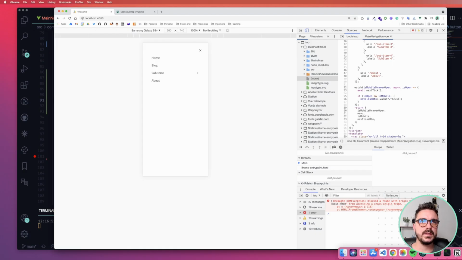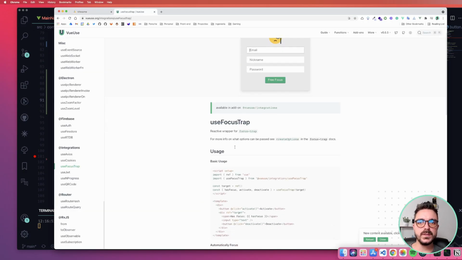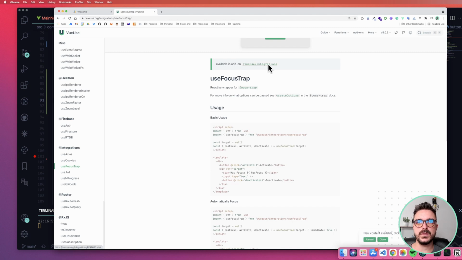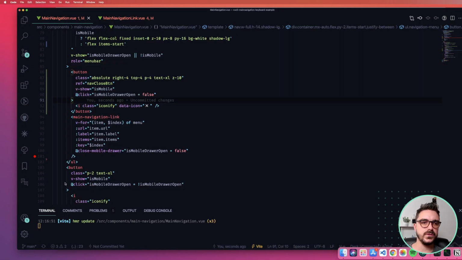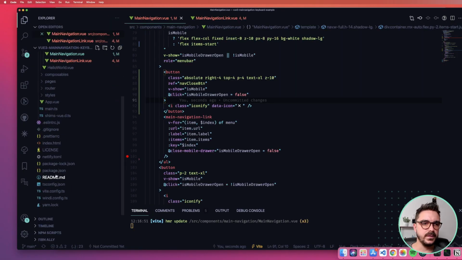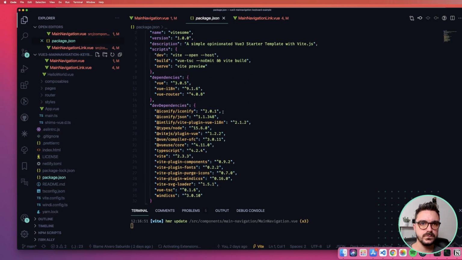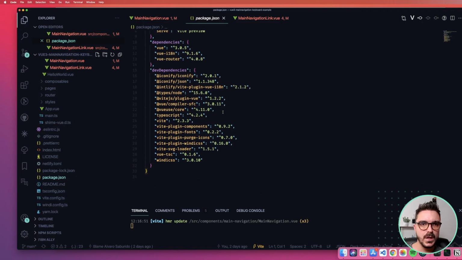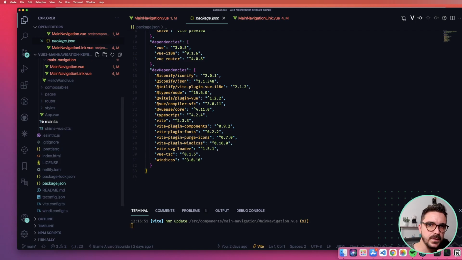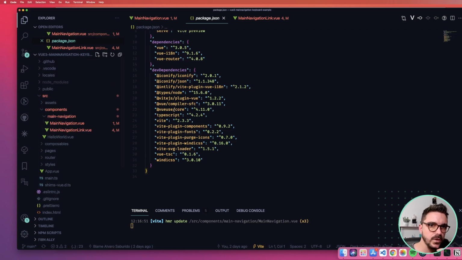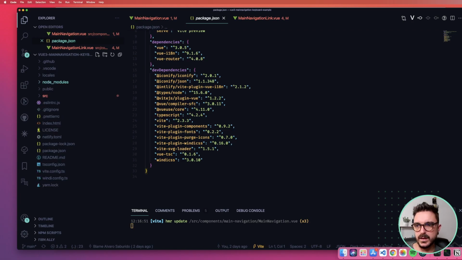So in order to do that, you will need to install this VueUse integration. So npm install VueUse integrations, sorry. You can see that I already installed it here in the package.json. Well, also it doesn't show it in the package.json, but it does show it inside of VueUse core. That's odd. Let me try again to see if I didn't save it on the package.json.